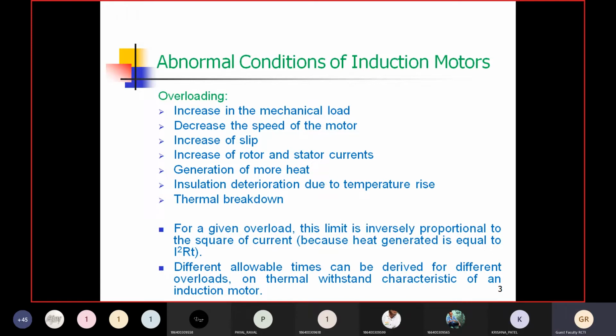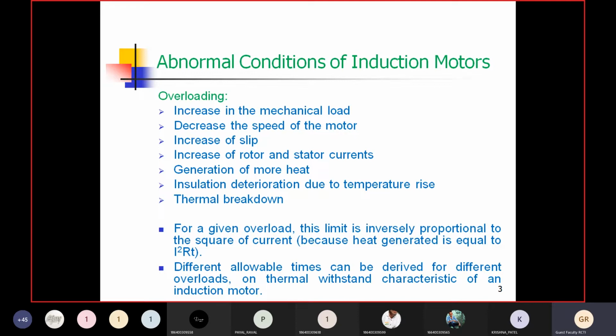So here what happens, if you have bought an induction motor which can give output in the range of some X HP, then you are trying to use it up to that extent. And if you go beyond that, then what happens? It is going to draw a huge amount of current, which is going to create the overloading effect. Now the idea of overloading in students' minds is sometimes not very clear.